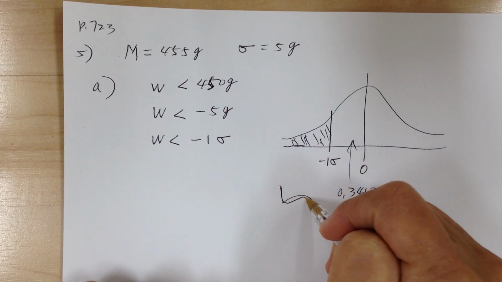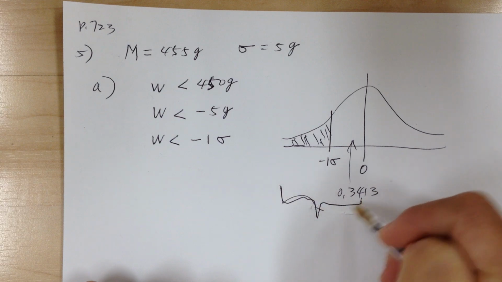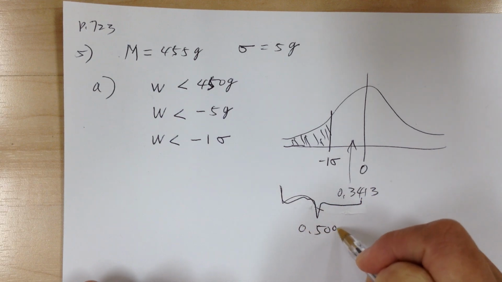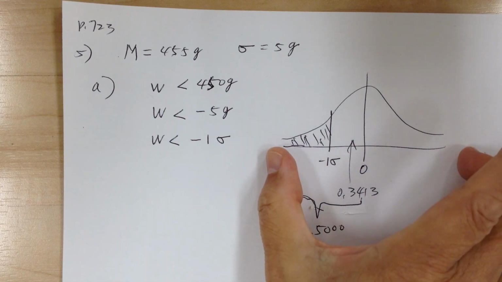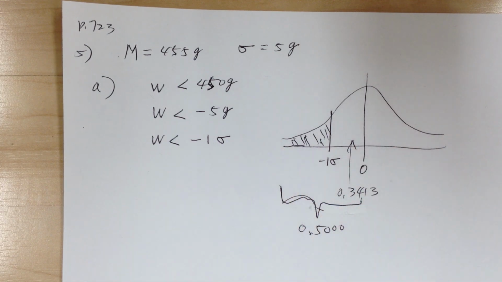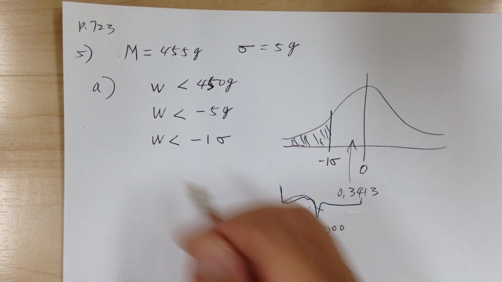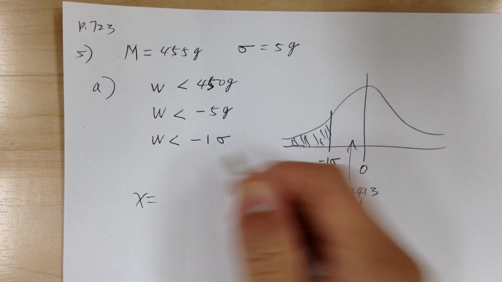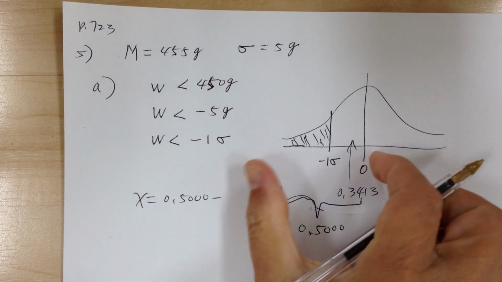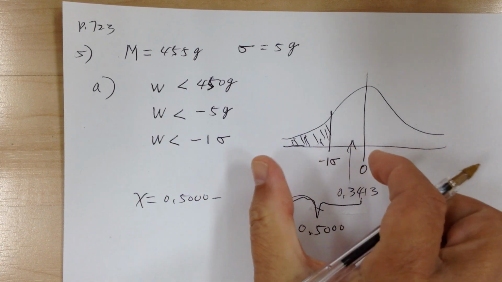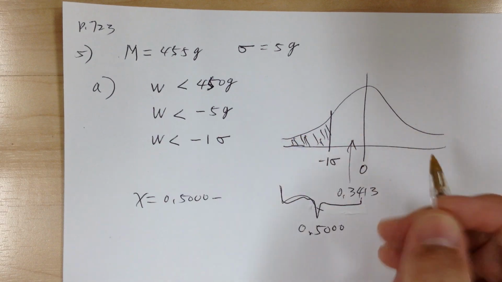So this whole thing is half. So it's 0.5000, okay? Again, because the whole thing is 1, so half is 0.5. So the area you're looking for over here, the x, the percent, will equal 0.5000 minus, so again, this is 0.5, so use this minus that will give you that. So minus